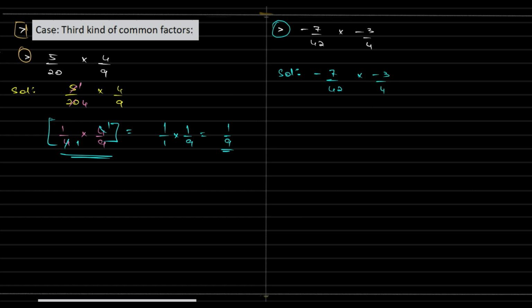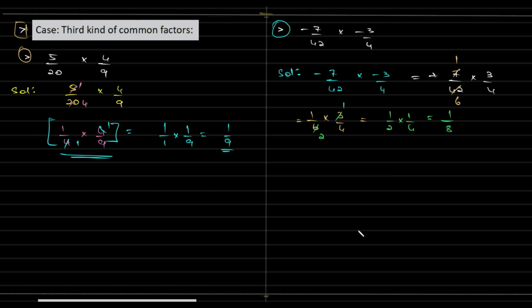So first thing first, the signs. Negative into negative is positive. 7 by 42 into 3 by 4. So 7 can divide 42, is it not? 7 5s are 35, 7 6s are 42. 7 1s are 7, 7 6s are 42. So 1 by 6 into 3 by 4. This can be further reduced. So 3 1s are 3, 3 2s are 6, so 1 by 2 into 1 by 4, which is nothing but 1 by